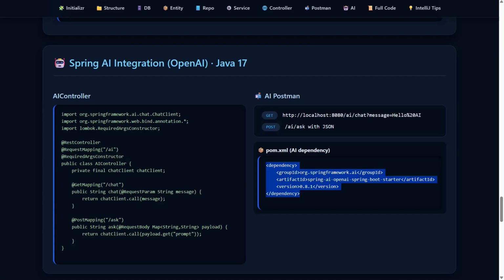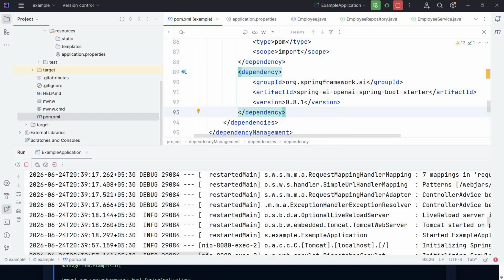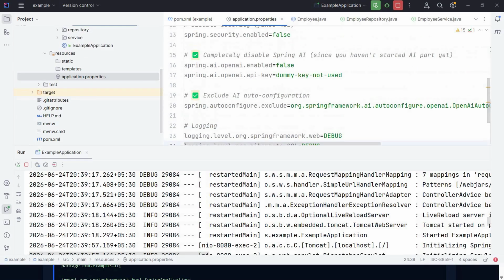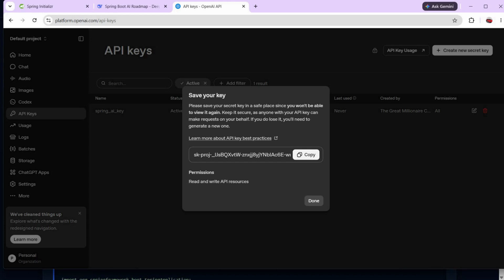And one more thing we need to add here. Here we have to enable the thing like OpenAI enabled. So now we are moving to our AI part. Here in this URL you have to go and create your API key. I have created it here, and I'm copying this and going to our